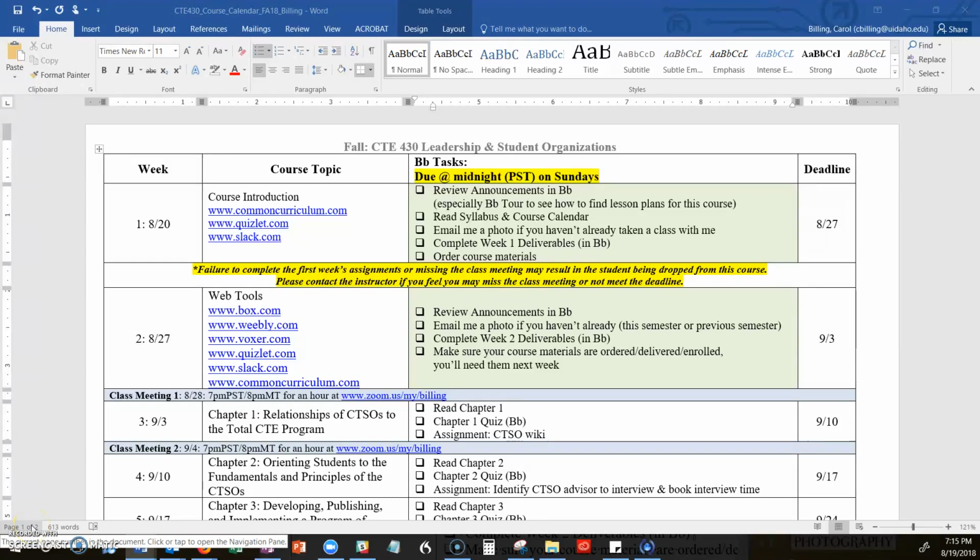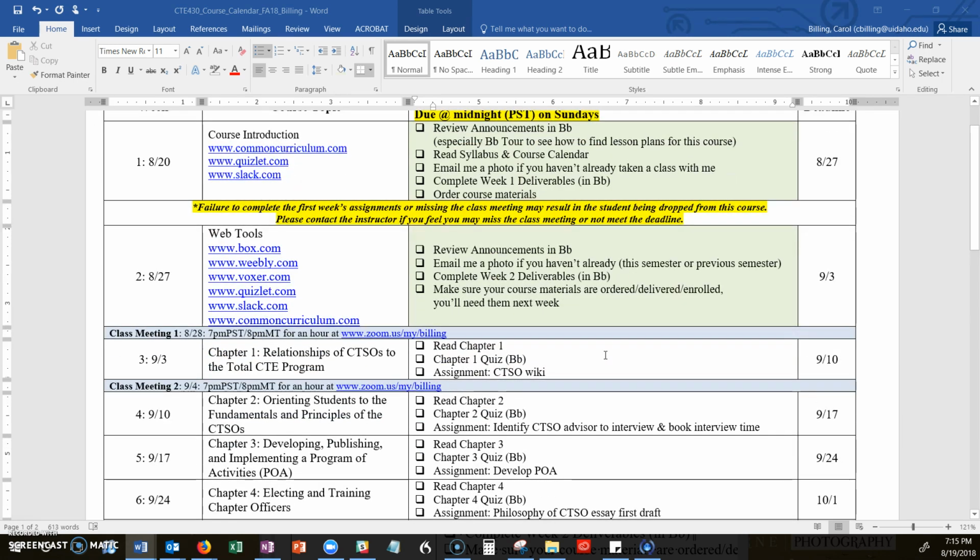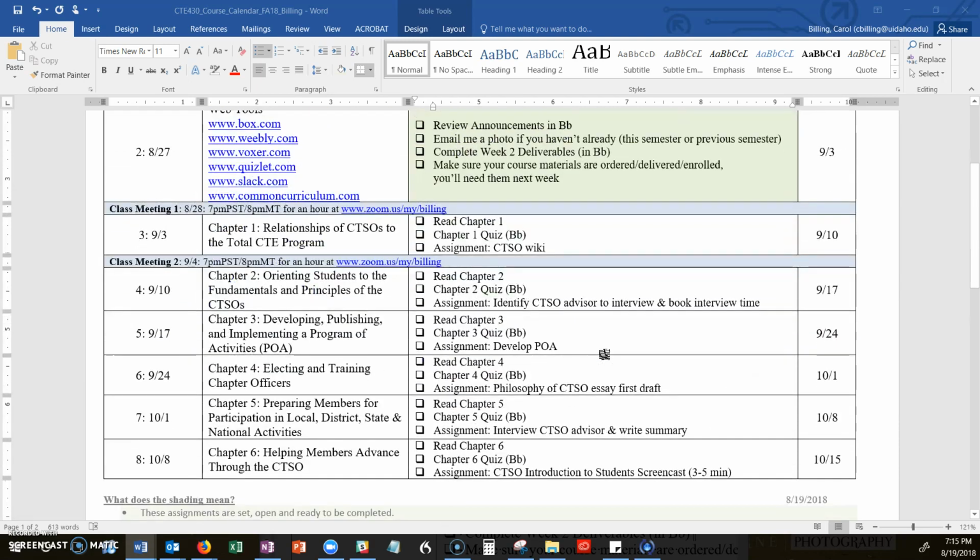Let's take a look at your course calendar for CTE 430 Leadership in Student Organizations, or CTSOs. First of all, I have the first 2 weeks built and ready for you to work on. They're pretty straightforward. It's really just getting you used to all the tools I use to communicate and do work. And then after that, we'll jump into the textbook, so it gives you a little bit of time to get the textbook also. Of course, meeting is in there for questions, and then from there on, we have 12 chapters